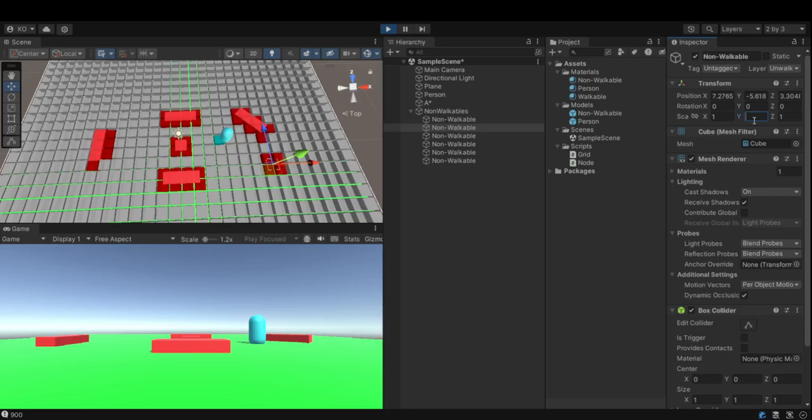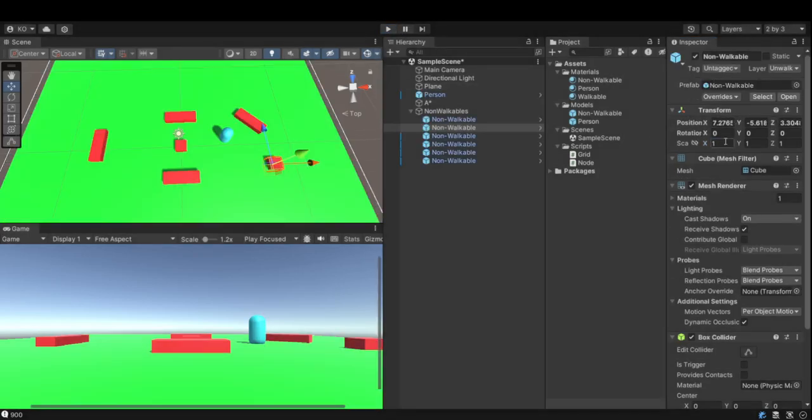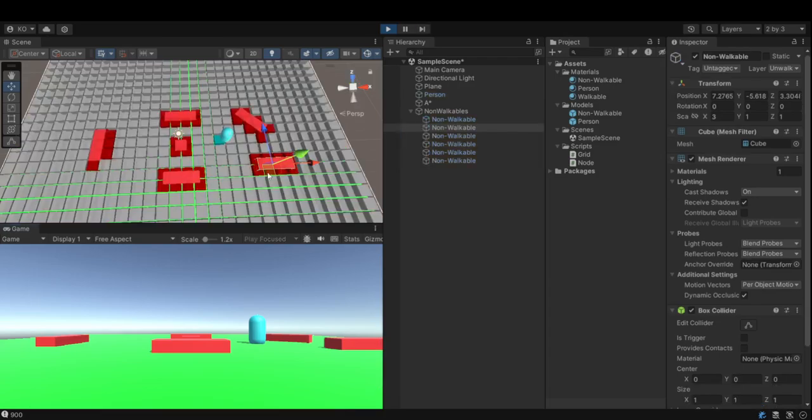So let's say if I change this to 3 or 4, while it's not showing it right now, if I run the script again, and it goes back to 3, I mean, if I run this again, you see the grid became flexible as per the physical mesh of the 3D object